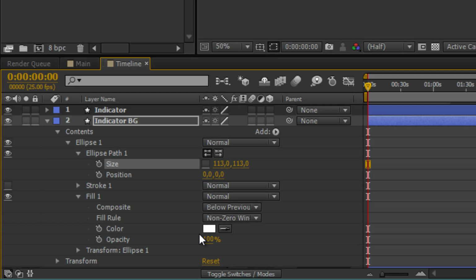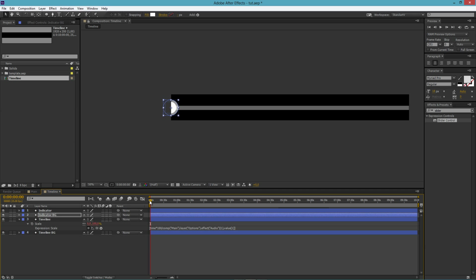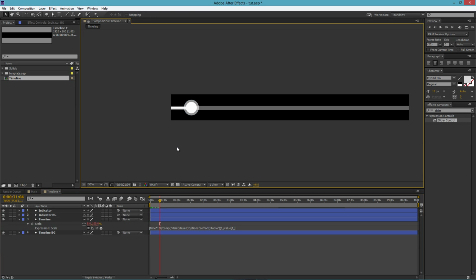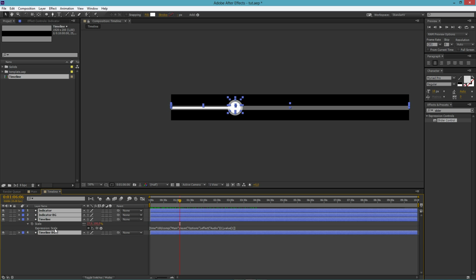Let's go to fill and make it less. Like that. Let's see how this looks. It doesn't look that bad, right? It looks okay. Or you can use any other object, like square, rectangle, custom stuff, whatever. Just use your creativity. And now, what we need, I'm going to move all of this just a bit above, like